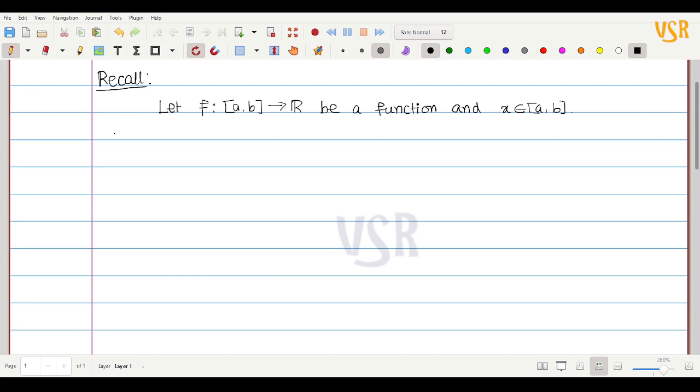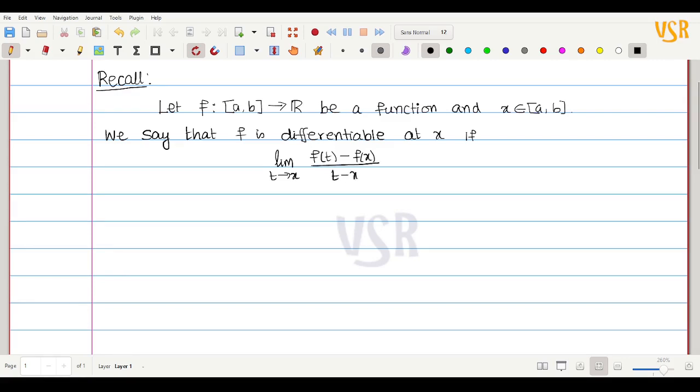We say that f is differentiable at x if the limit, limit t tending to x of (f(t) minus f(x)) divided by (t minus x), exists. If this is the case, then we say that f is differentiable at x and we write